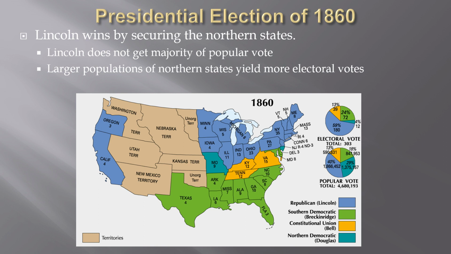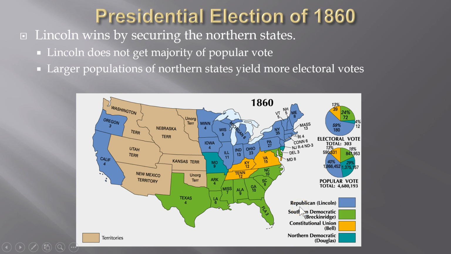Lincoln knows that he is not going to get a single vote in the South, but he realizes the way the Electoral College is going to work, and that he can win the election if he can win all the northern states. So even though he doesn't get a majority of the popular vote, you can see on the chart, he gets 40% of the popular vote. He cleans up in all the really populous northern states, the ones that have lots of electoral votes. He wins those states, the New Yorks, the Pennsylvanias, the Ohios. That ends up giving him 59% of the electoral votes, even though there are lots of other candidates winning other